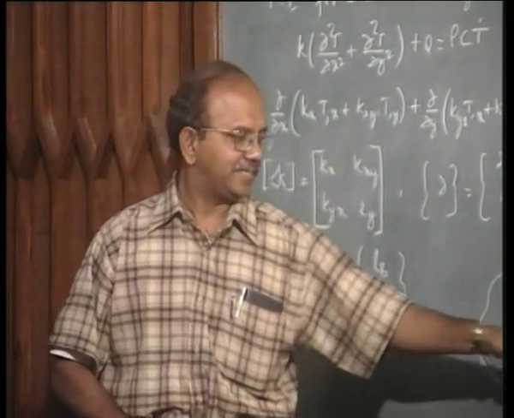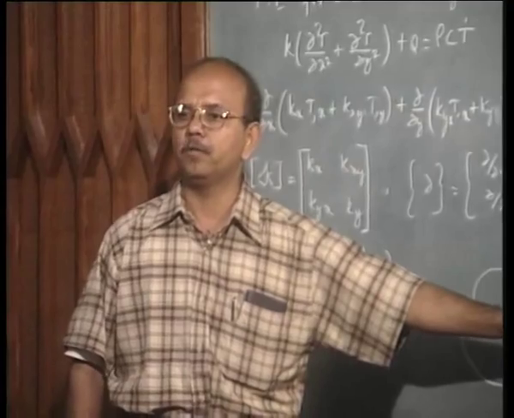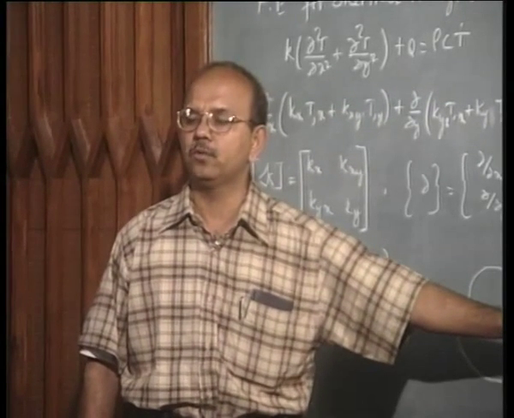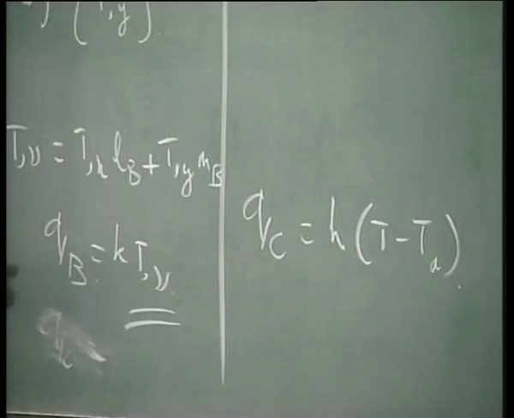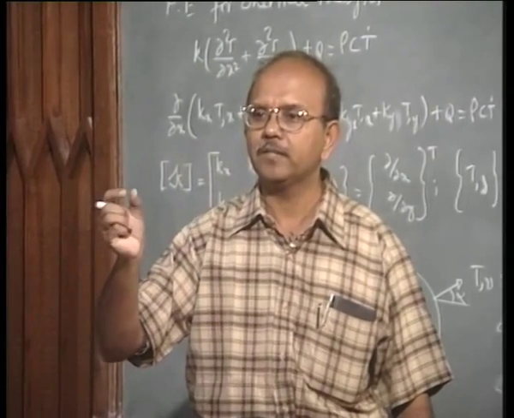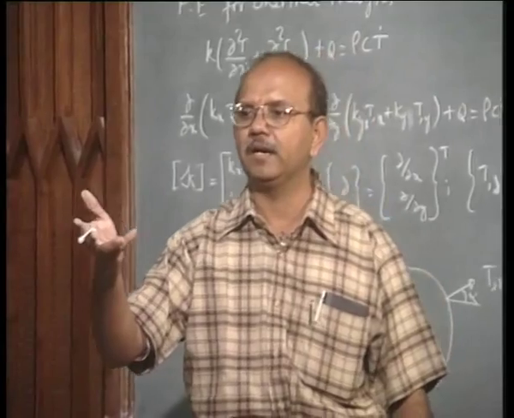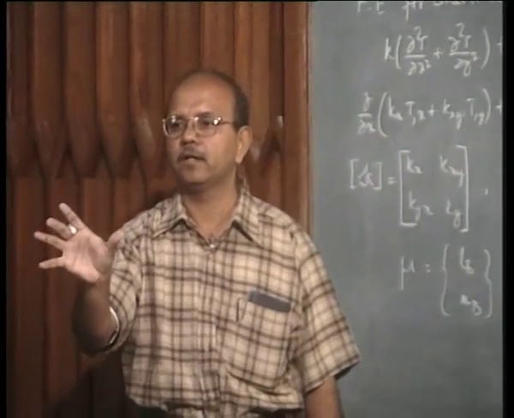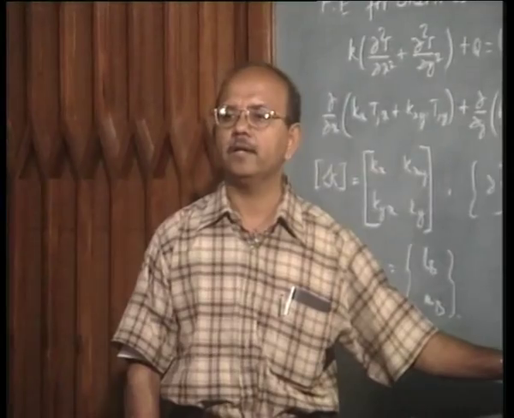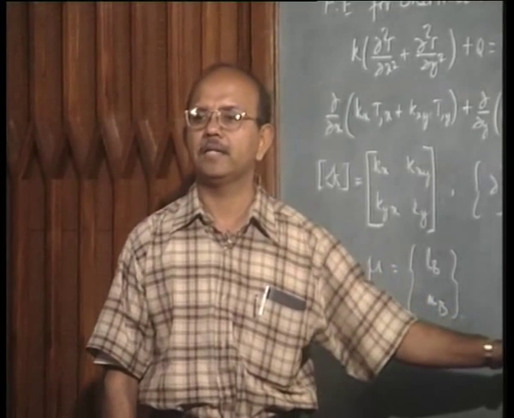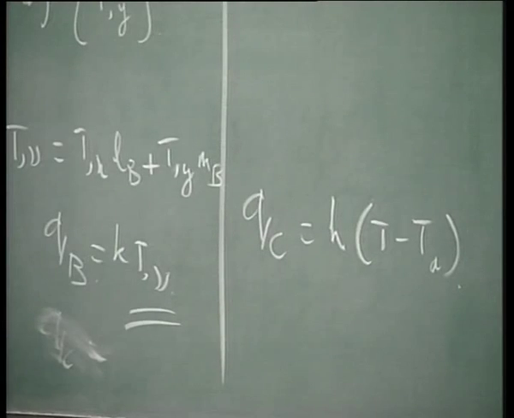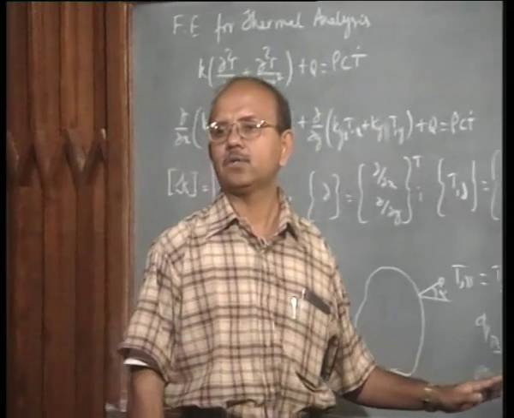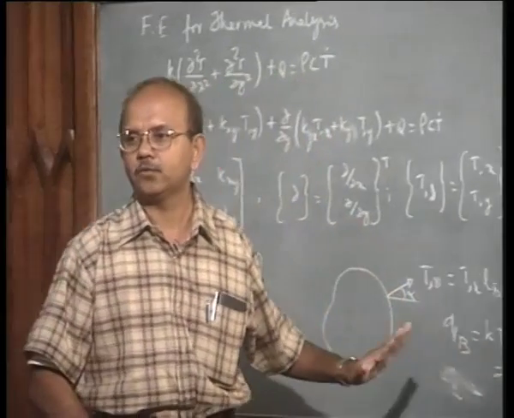Understood. One. This is basically because there is a slope that is maintained, or dou T by dou nu is given, or dou T by dou n, however you call it, that is what is given. Then that is not unique, because when I integrate this, T plus a constant will come. So when I specify just the slope, say 400, it can be between 500 and 100, or between 600 and 200 and so on. So it is not unique. So by specifying slope alone, I can't solve the problem. Agreed?